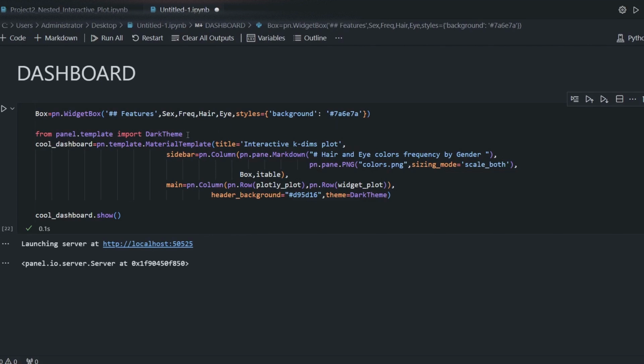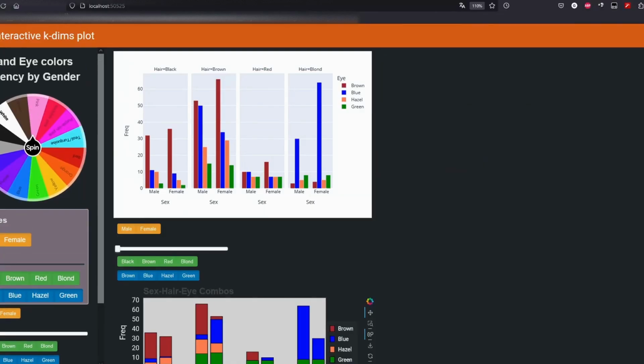Then if you don't like the white background, you can import a dark theme, as I did here. Now for the sidebar, I just create, first of all, a material template. Don't be scared by this name, you don't have to remember by heart. Just follow the full documentation and you will see it's pretty easy and straightforward. I insert a title, this one, interactive KD. Then,